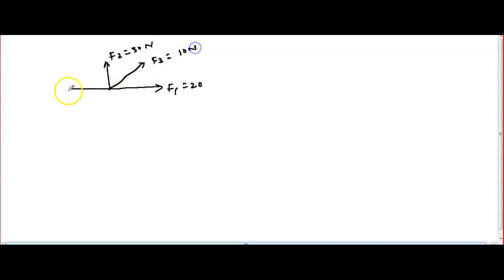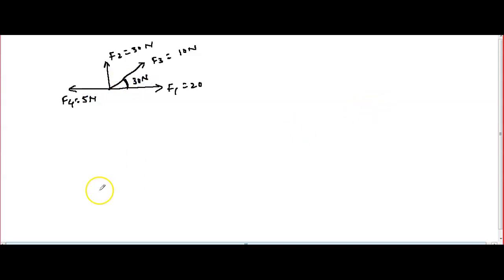Now see the next type, a little complex. Consider if you are given this one here, this is the y-axis and x-axis. One force is given, this one F is equal to 20 newtons. Okay? Here is nothing. Consider F1 is equal to 20 newtons is given here. F2 is equal to 30 newtons is given here. And another force is given in this direction, F3, which is 10 newtons. And here F4 is given as 5 newtons. And the angle is given here, 30 degrees.